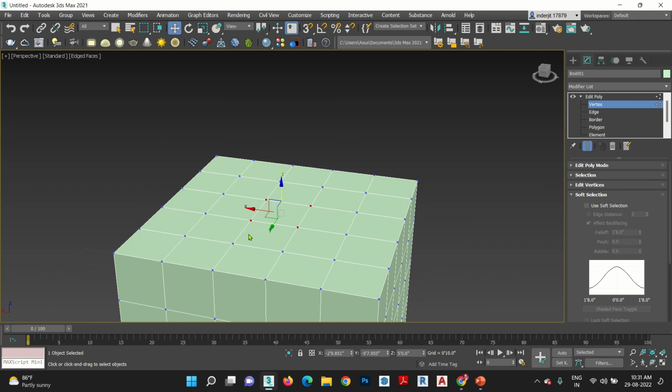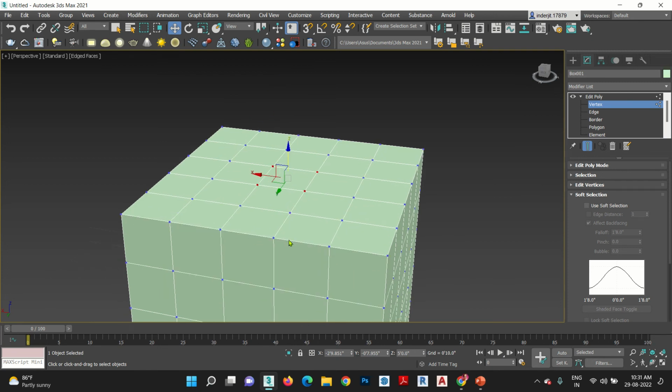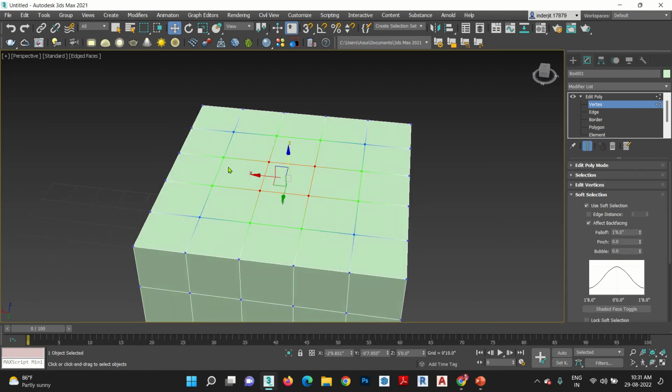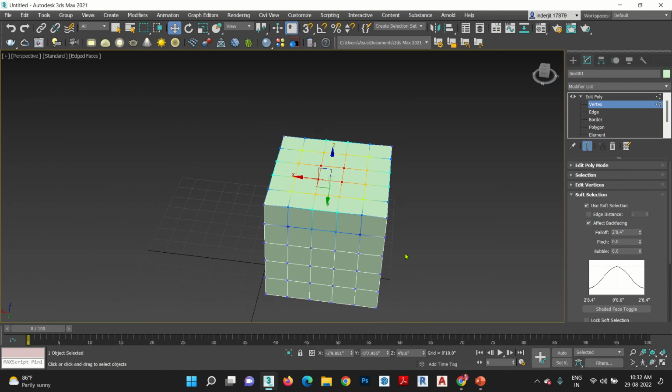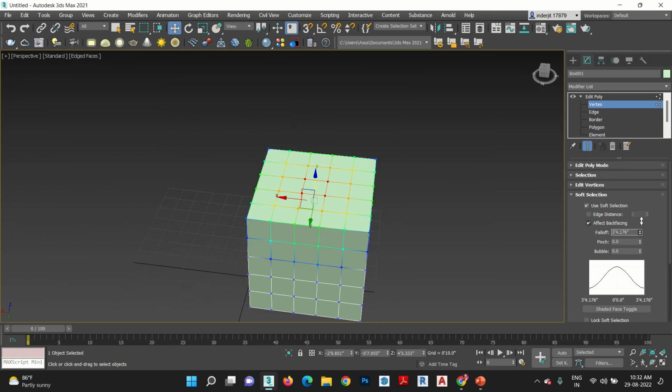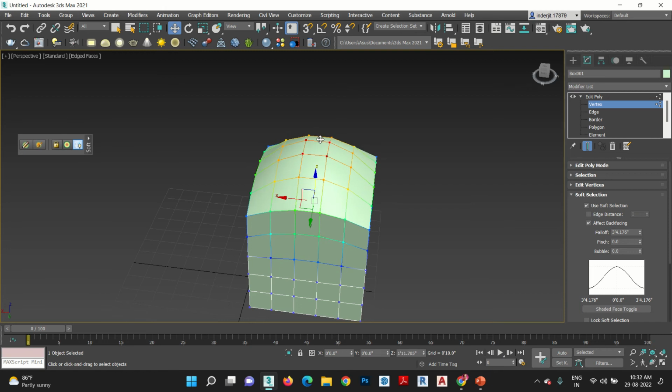If you want to make your pull with softly, कि वो पूरे object को cover करे softly, then use this soft selection. Now if you can see here, it changes the colors, right? Blue color tends to minimum stress, green color towards, and red color is the most stress towards your vertices. Now this is your fall off, how much you want to give effect, कितने ऑब्जेक्ट को आपको इसको असर देना है. Suppose जितना भी है, suppose यही दे देते हैं. Now select and pull, see the difference,